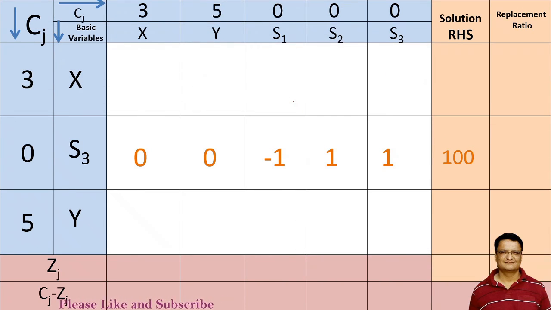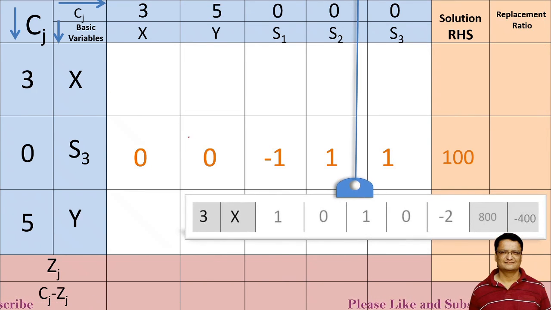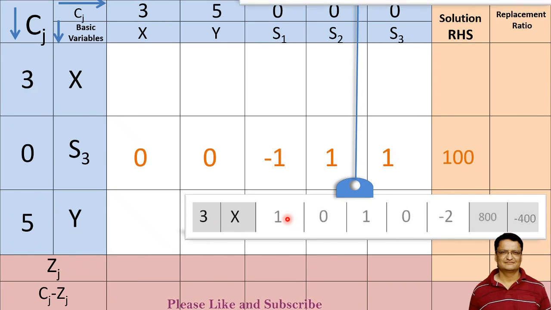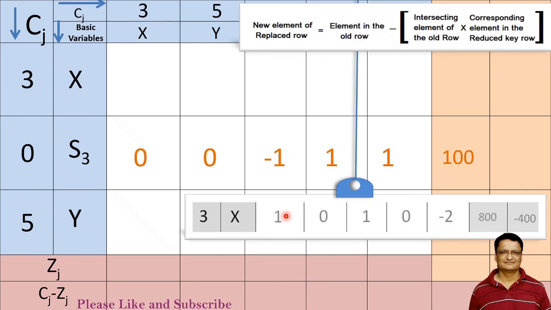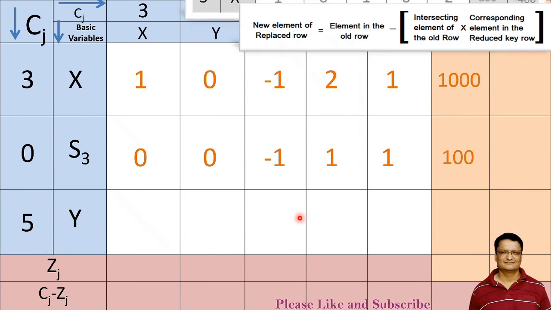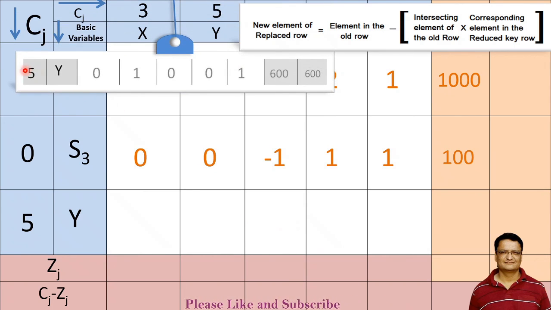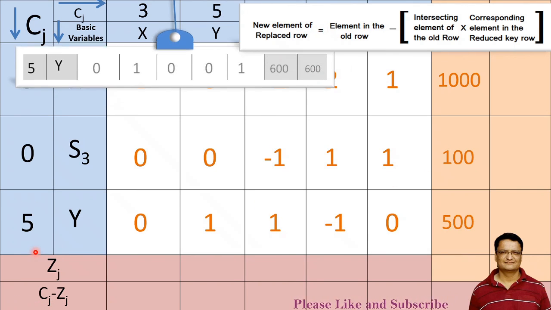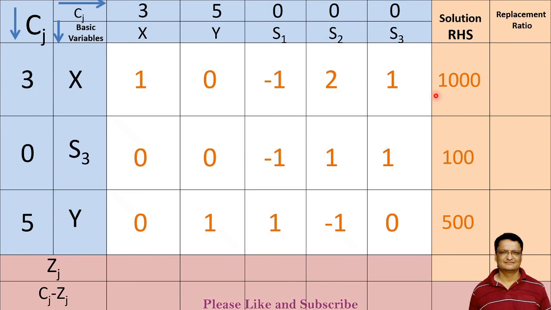Similarly, we now have to pull from the previous table the corresponding row. It is given by this, and the formula as we have seen previously. I will not go into details, but we will directly take the values, and you can evaluate it. Again you have to pull out the corresponding row from the previous table, and with the help of this formula you can evaluate the values for this row. Now I am ready with this table.